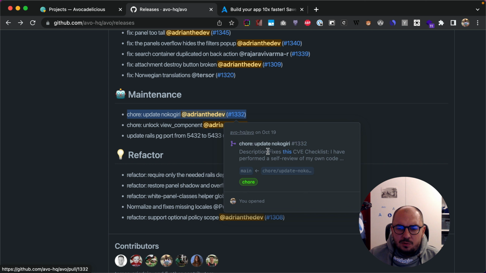Require only the needed Rails dependency. I think John pointed this out. Yes. What happened was before we were requiring the full Rails. Let me just get here, gemspec. We were requiring the full Rails package, and we don't really need everything. So now we're requiring only what we need, like active record and action view, and we are properly requiring them